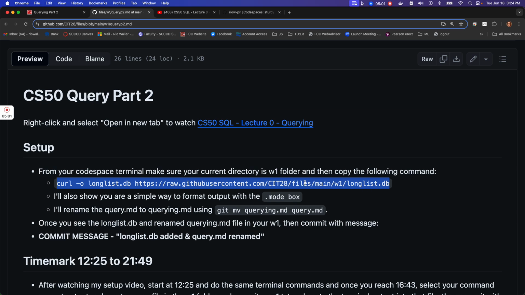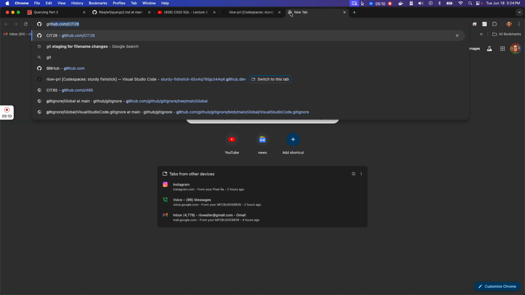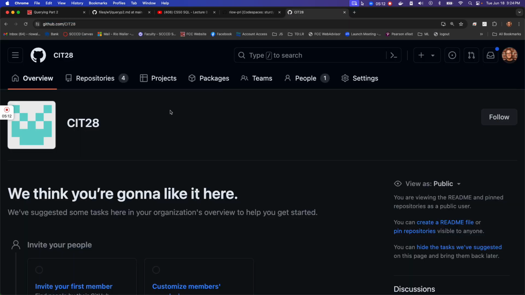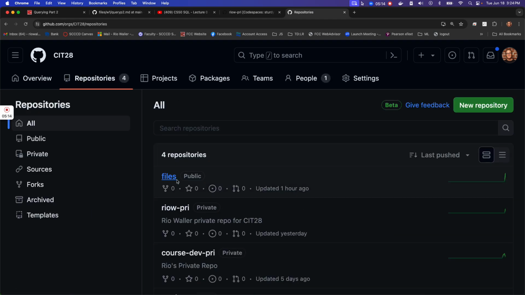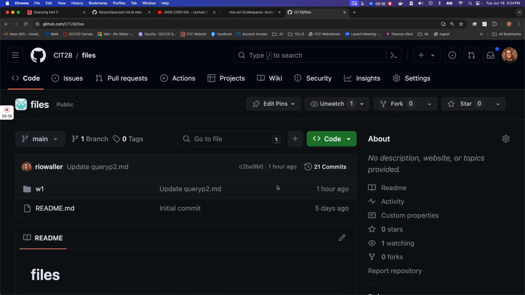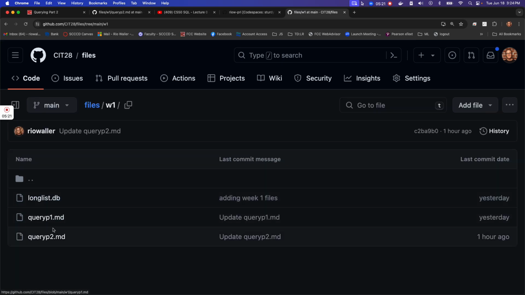Right? And it might look crazy to you, but in this case, it is going to go over to, and I'm going to show you this before we actually do it. If I go to 8028 and I go to the files, because the files is a public repo that as I build the course, I'll be placing things in there. There's a file, here are the two README files, and here's the database file we need for you to do this work. And so this database file needs to now be in your current repo,